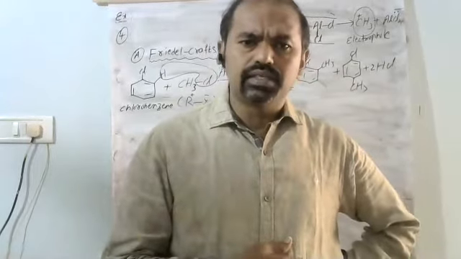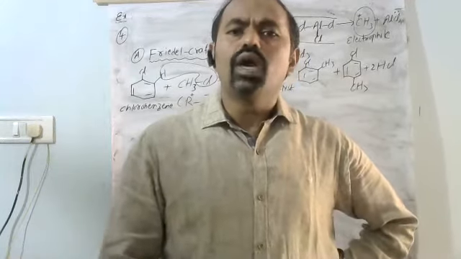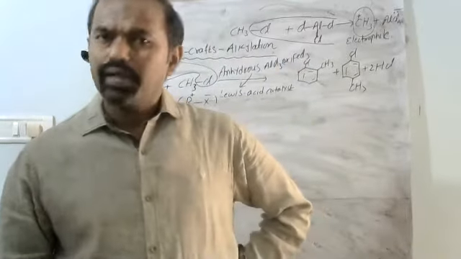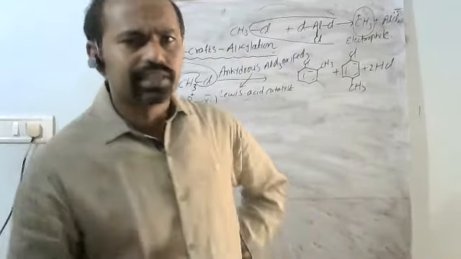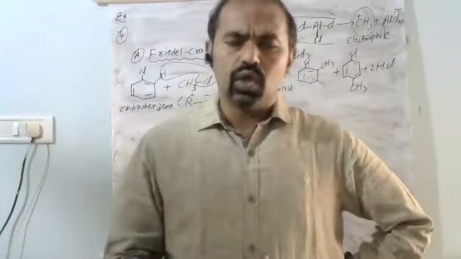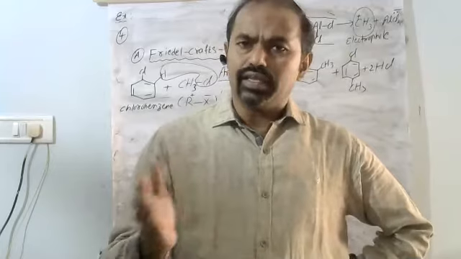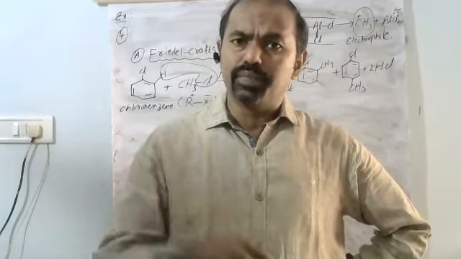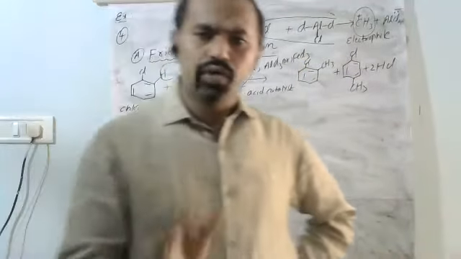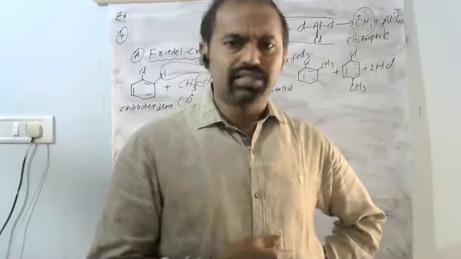Third example given, sulfonation. What is called sulfonation? It reacts with sulfuric acid. Particularly there, we take fuming sulfuric acid. Sulfuric acid fumes are somewhat more reactive. When heated strongly, the sulfuric acid is converted into fumes. In such a case, the SO3H plus, sulfonic acid, electrophile attacks at ortho and para, and we get ortho and para products. There also the para product is the major product.